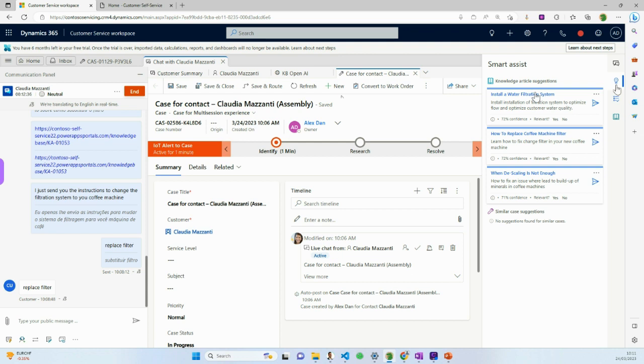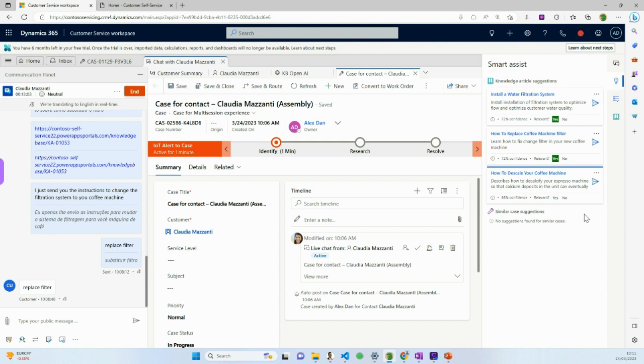As much as you go through the conversation, the suggestions get better and better. And as an agent, you have the possibility to say if it's relevant or not. So for instance, this water filtration system maybe is relevant, and also the replace coffee machine, but maybe this descaling is not. And you can see that the smart assist is always working and coming with new articles